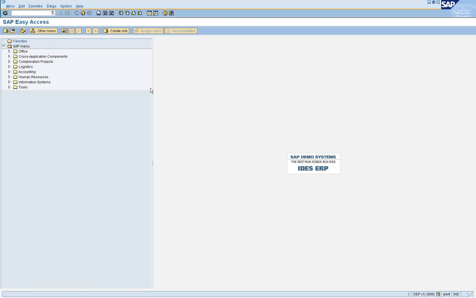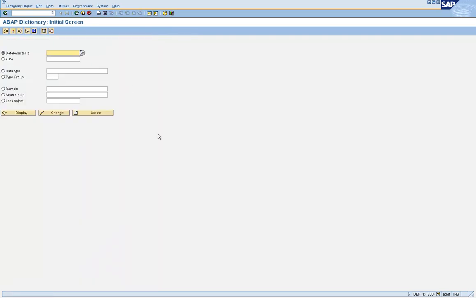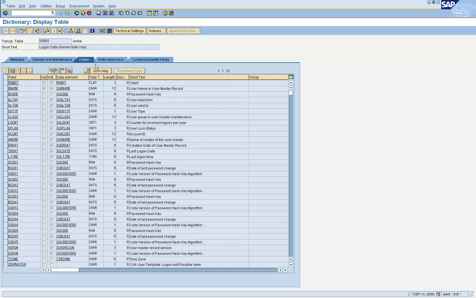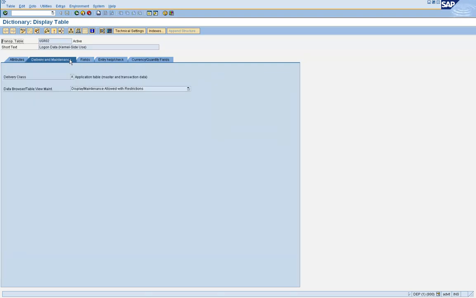So let us go to the transaction SE11 to check the attributes of some tables. Let's say a table USR02, which contains the user logon information. Click on display and click on the delivery and maintenance tab.